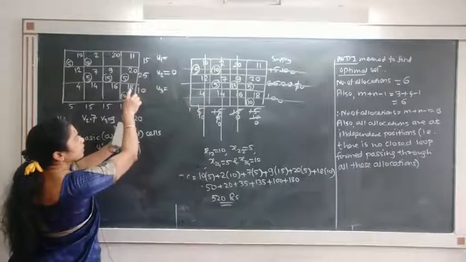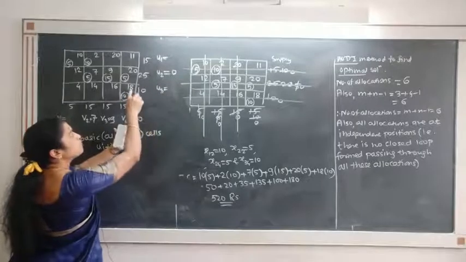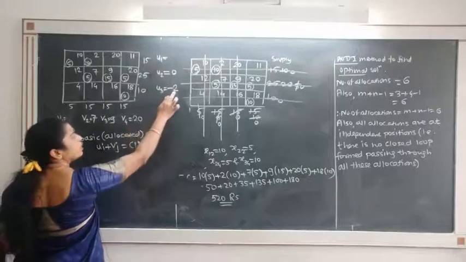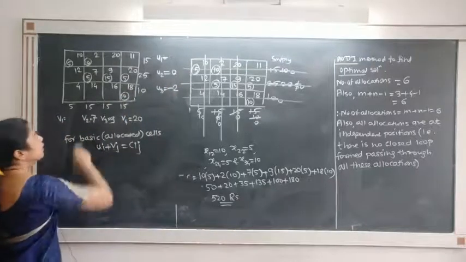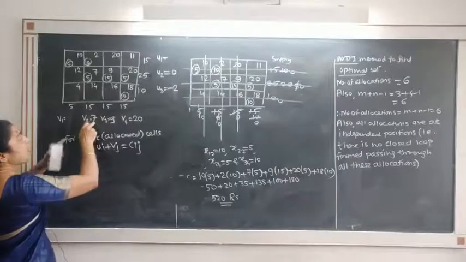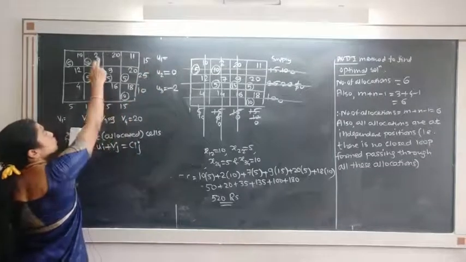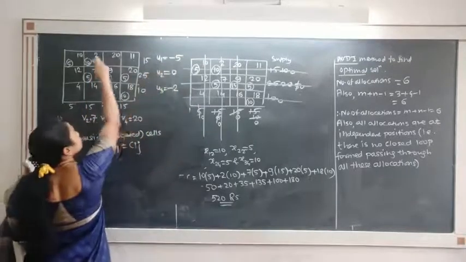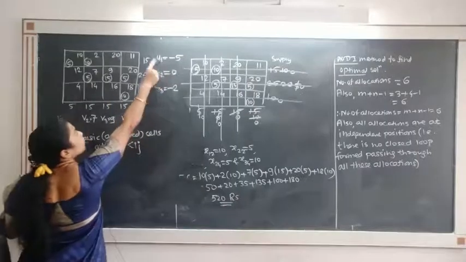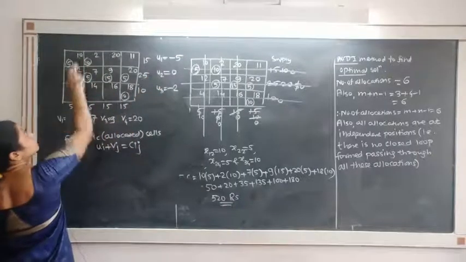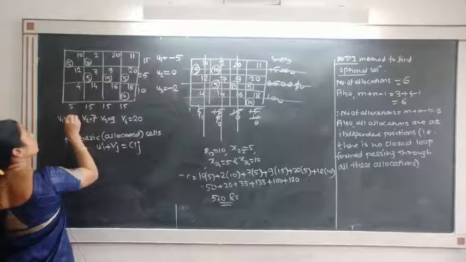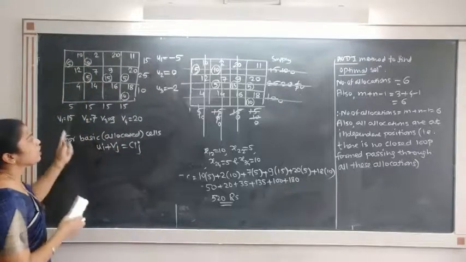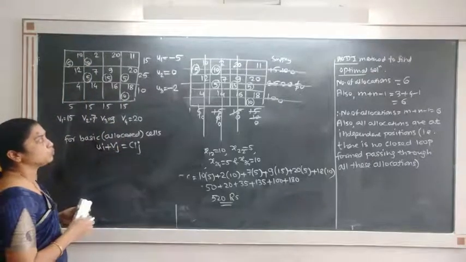Because V4 is 20 and we want U3 plus V4 is equal to 18, therefore U3 must be equal to minus 2, so that 20 minus 2 comes to be 18. Now see this value is 7 and we want U1 plus V2 is equal to 2. So U1 must be equal to minus 5, so that 7 minus 5 is equal to 2. Now you know U1 is equal to minus 5 and U1 plus V1 must be equal to 10. So V1 must be equal to 15, so that 15 minus 5 becomes 10. We get all the values of U1, U2, U3.